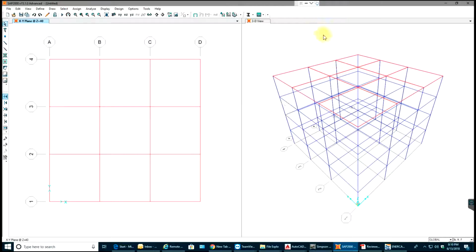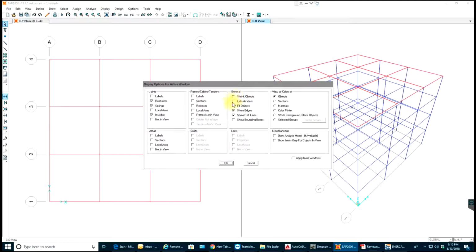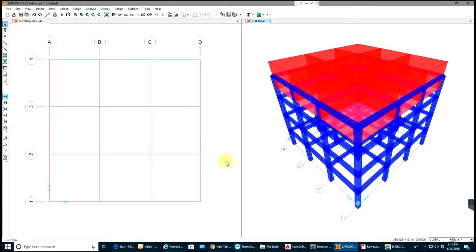Okay, that is good. Let me go to 3D view. On 3D view, let me do extrude view. Select OK. So, you see, the slab property is in inches. I need to give it in 12 inches, but since you see the units were in feet, it went to 12 feet. So let me just go